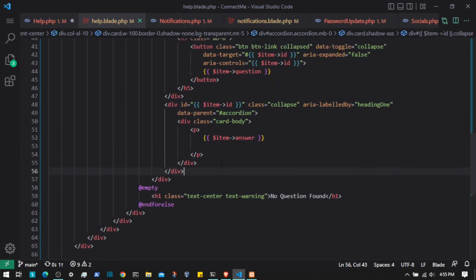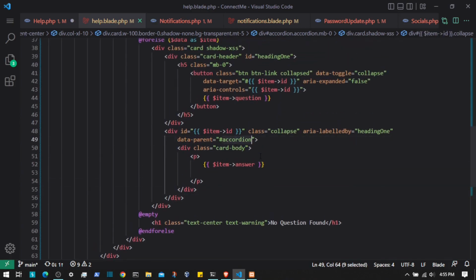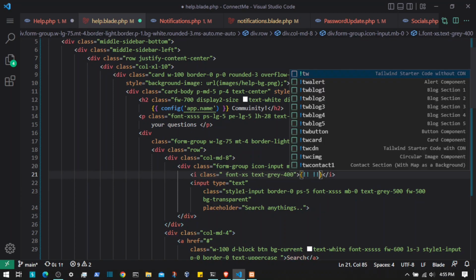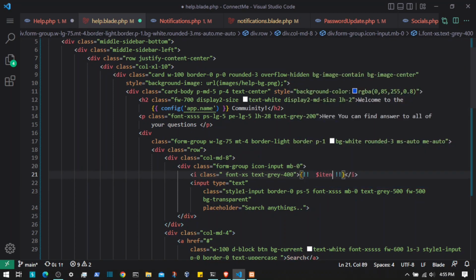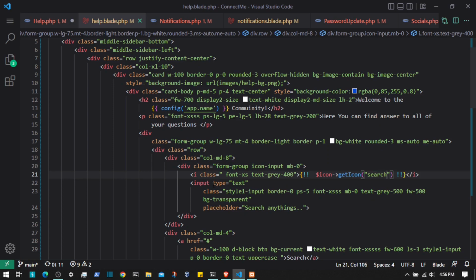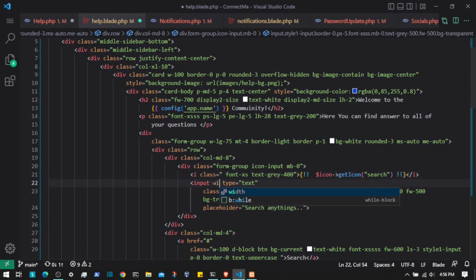So accordion, heading, search icon, TI search. So I'm gonna do something like this: exclamation marks, dollar icon of get icons, paste the name, and this should load this icon for the search functionality. Let's say wire model equals to search, and then copy that,